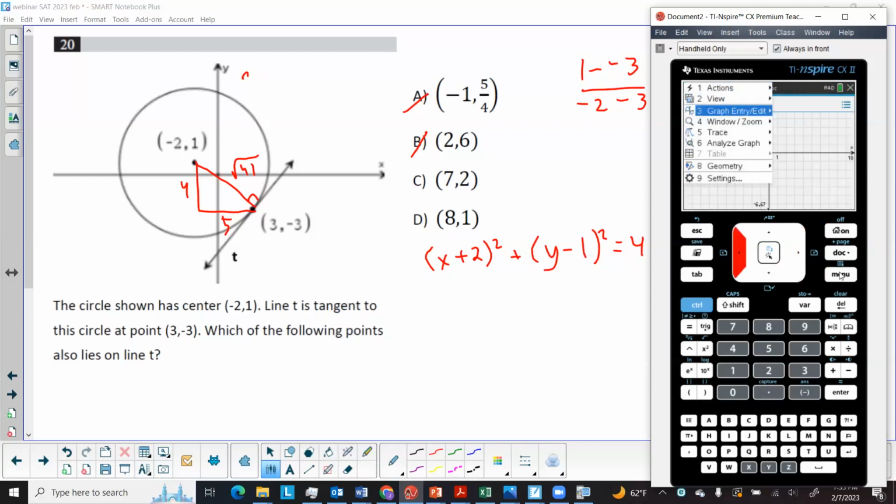So I'm just going to type nsolve. So nsolve, x plus 2 squared, plus y minus 1 quantity squared, equals 41, comma y. So if I solve it for y,